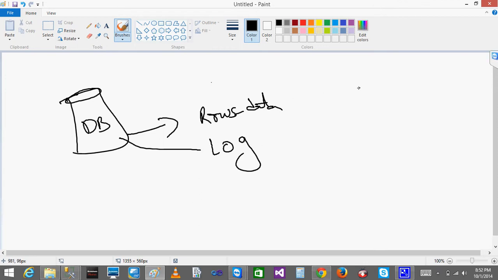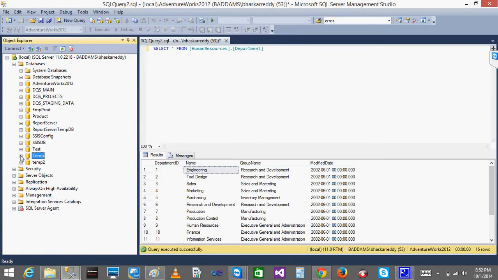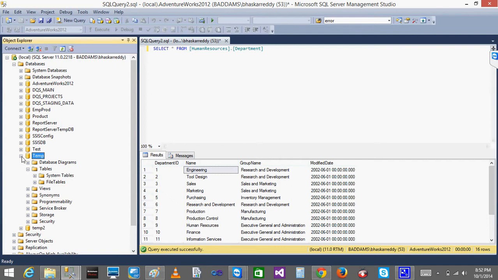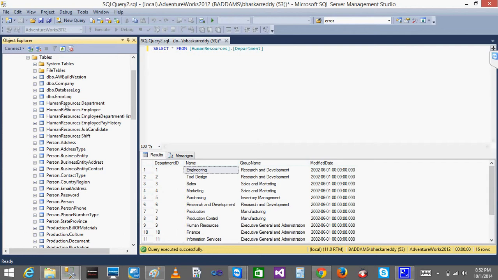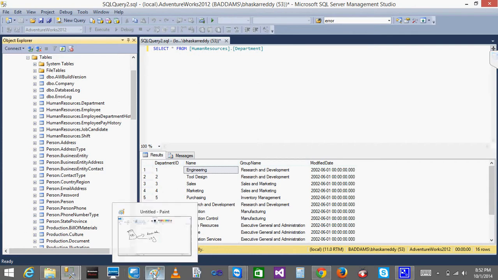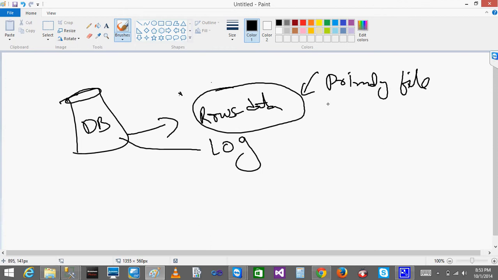If you want to store some documents, if you want to create a table, if you want to insert data, you create some tables and you insert it, right? Now when I go to my database, since I have not created any table, I don't have any table. Let's go with AdventureWorks. I can see multiple tables. Where are these tables located? By default, the tables are located on this row data file. In another way you will call it the primary file group, primary file. Primary is the main file where you will store your data.